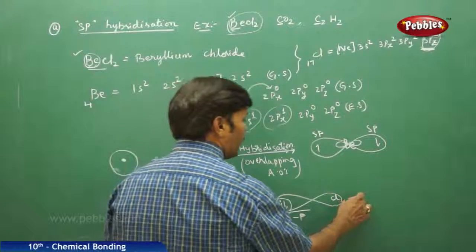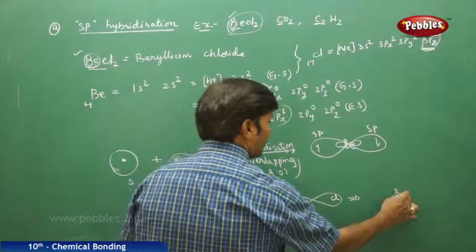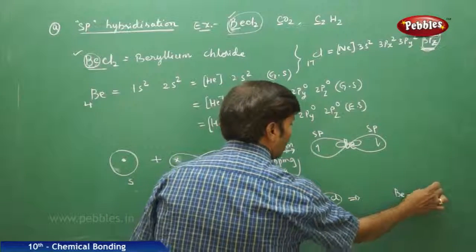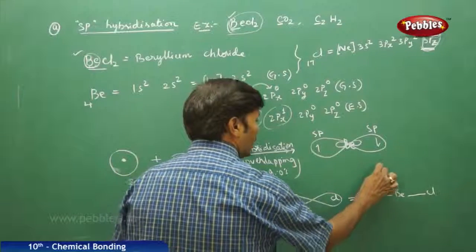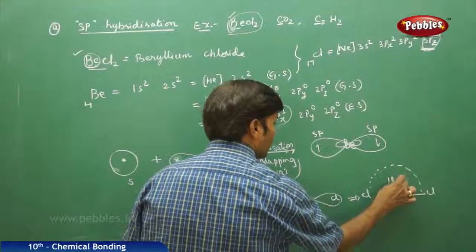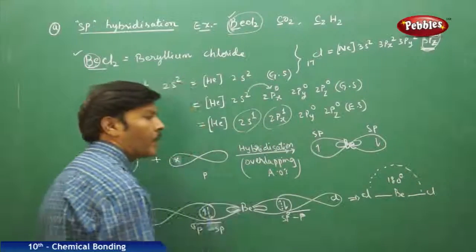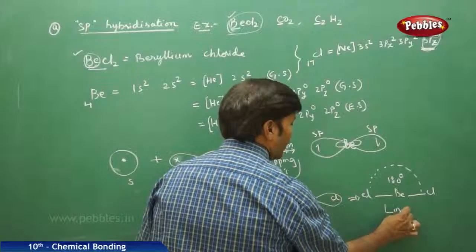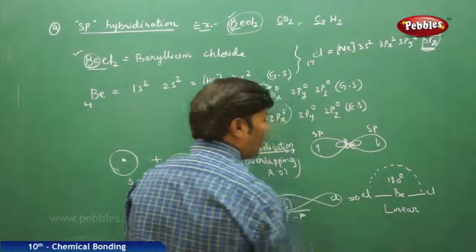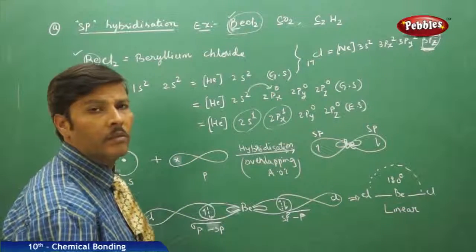So finally we can take the structure, that is the covalent bond structure, as single bond, single bond. Therefore the bond angle is 180 degrees and the shape of the molecule is linear. All three atoms are lying in the same plane, and with the